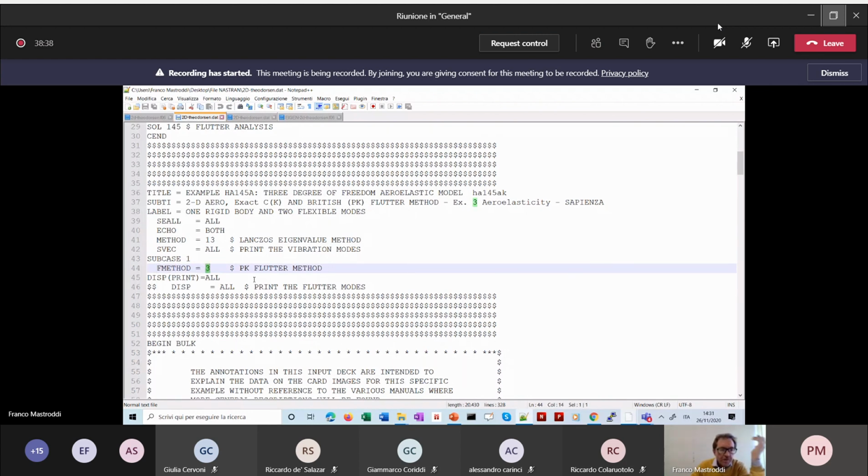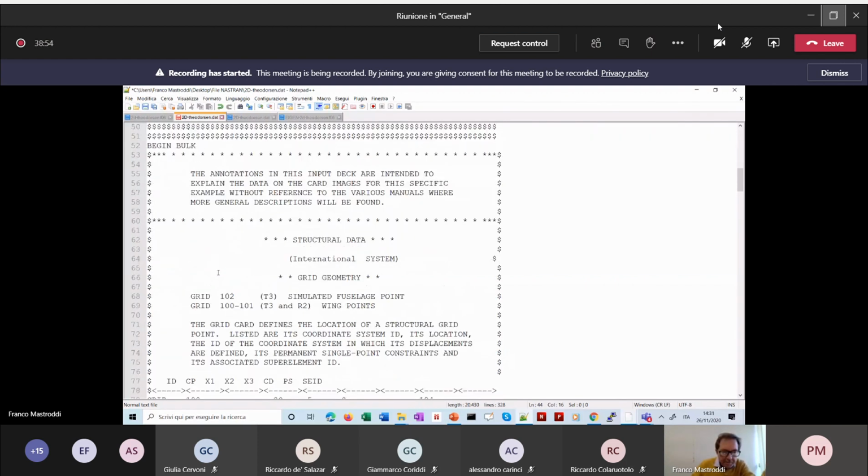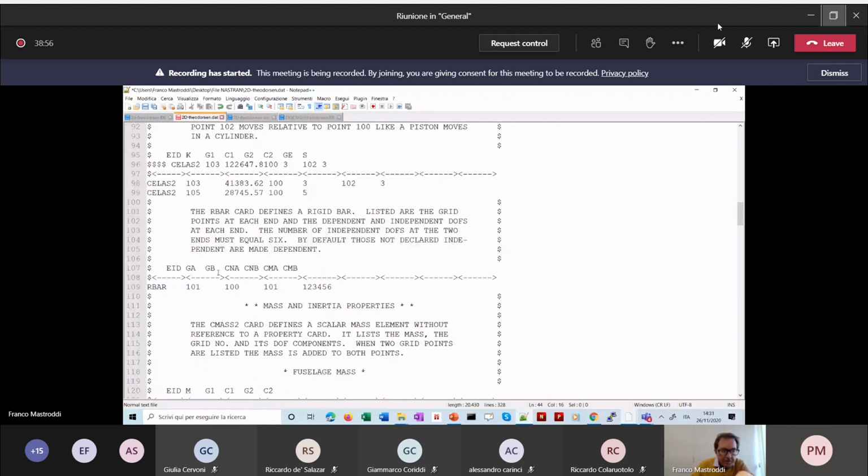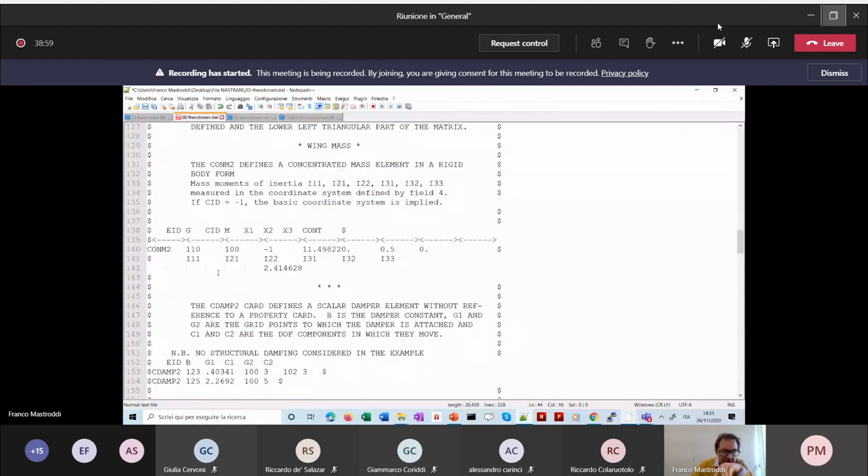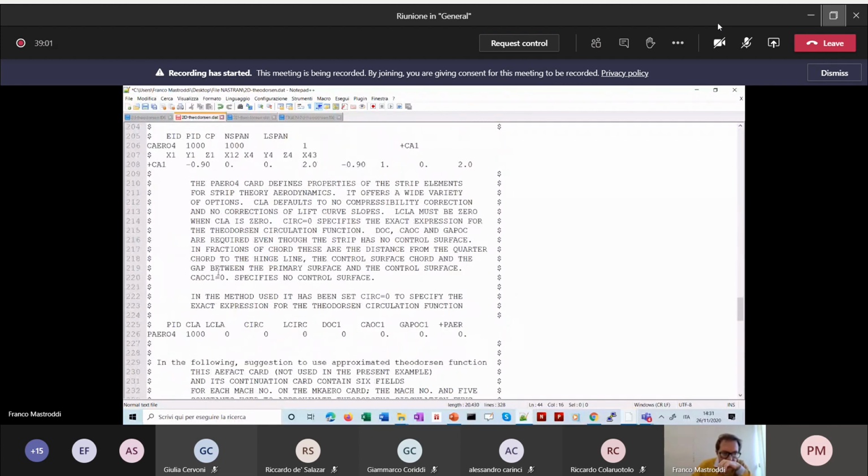So here we have just a number, but this number is not essential. You could write here 17, for example, but if you write 17, you are defining a method for Flutter analysis, picky method, in the sense that if you go to the bulk part here and you find the statement Flutter,